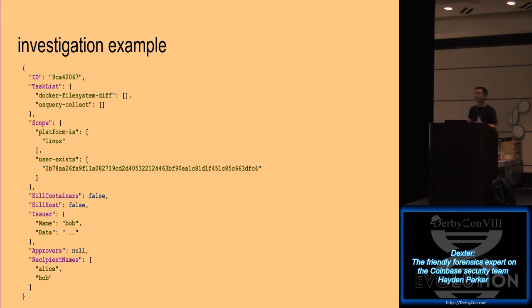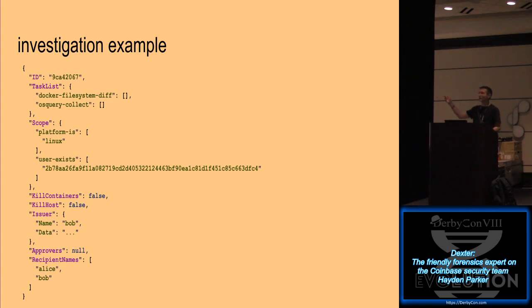Okay, so let's go through an investigation example. What we're looking at here, I generated with Dexter. It's pretty simple. It's put up to S3 as a JSON structure. So we get our randomly generated ID. We get a list of tasks. So we're not sending arbitrary tasks, right? You can't just send code and have the host run it because that would just be remote code execution as a service. So instead we give task names and those are built into the binary, right?